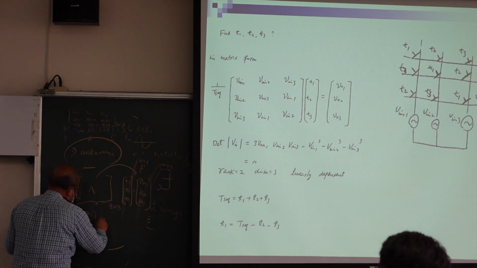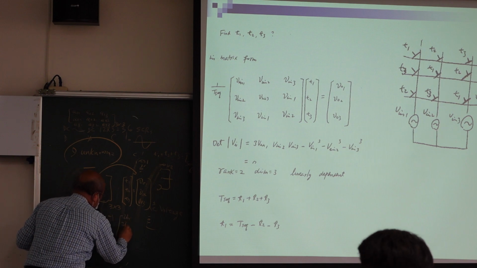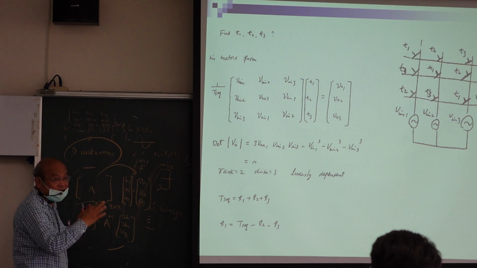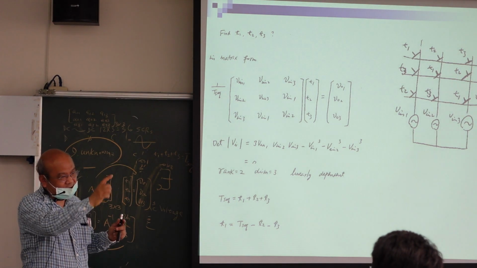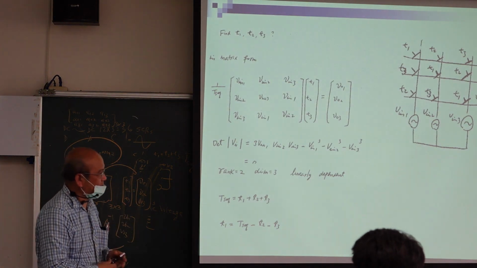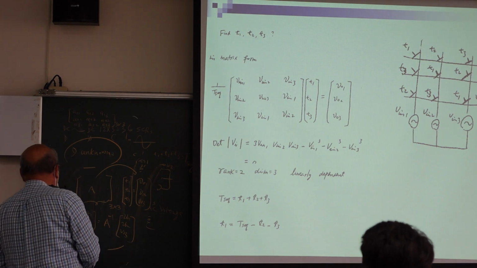If we move it to here, it is A inverse, then VO1, VO2, VO3. We call this a matrix, right? So we just move it to the right side. We use the inverse. So if you try to find the inverse, then